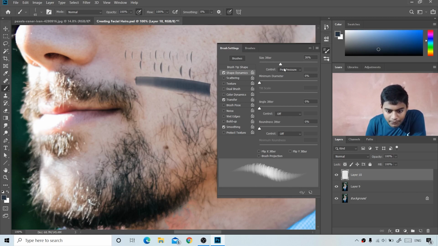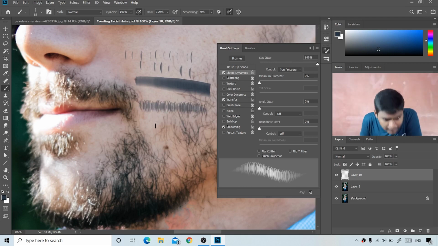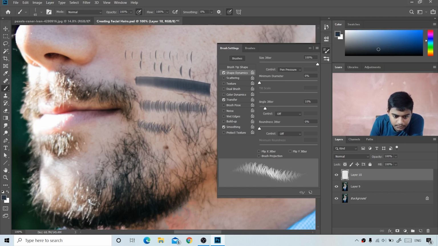We have to increase the jitter. What it does is make a little bit of gap, or variation in the size of the brush strokes. It is done for this purpose. Now you have to increase the angle. As you can see in the preview here, you can move the angle and there will be variation in the angle. Up to 10 is okay. As you can see here,